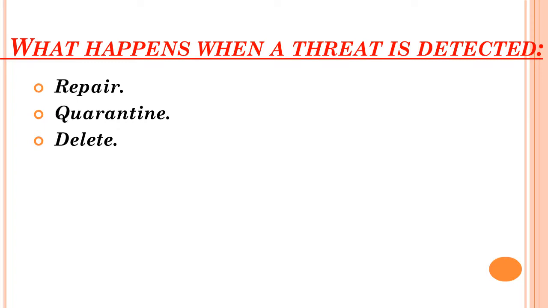Second one is about quarantine. Quarantine is nothing but the infected files will be removed from a virus, but the actual copy you can't access, but it will be safe after the quarantine. It will be safe. Means the quarantine is nothing but the infected files will be deleted and one more copy of a file will be there for you. After the quarantine process only you can access that original file. That is about quarantine.